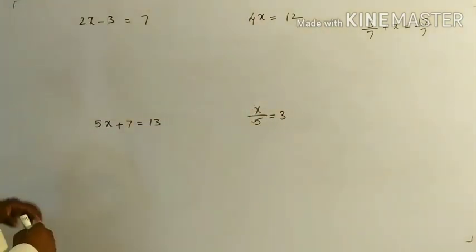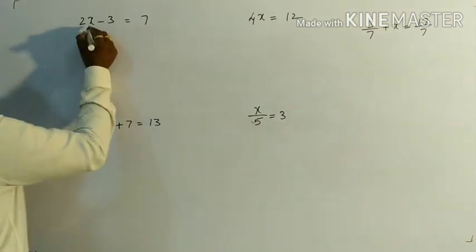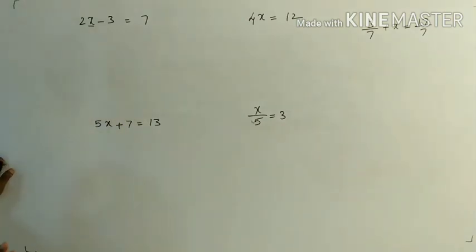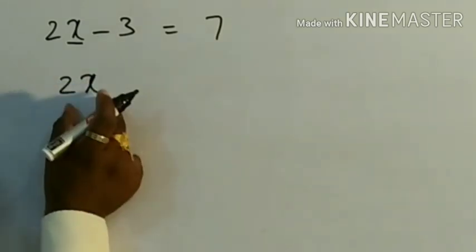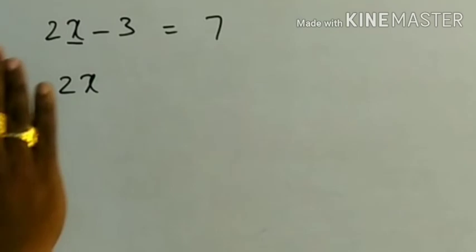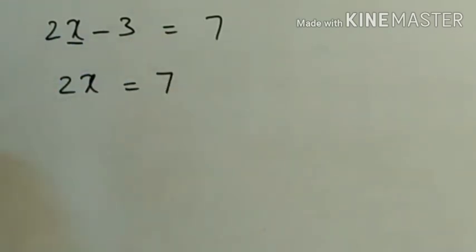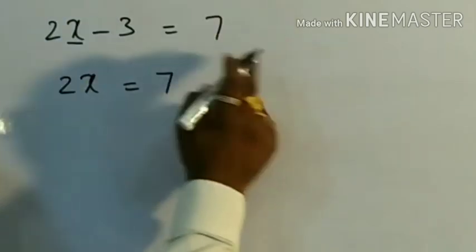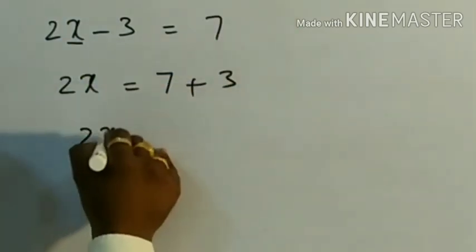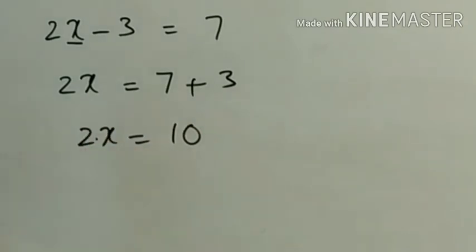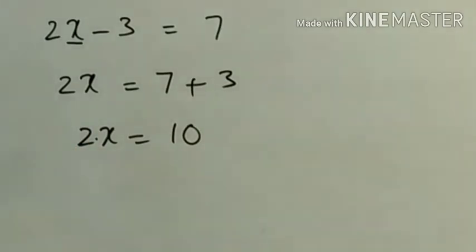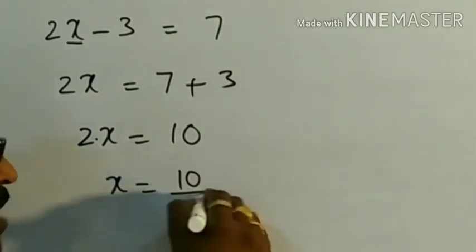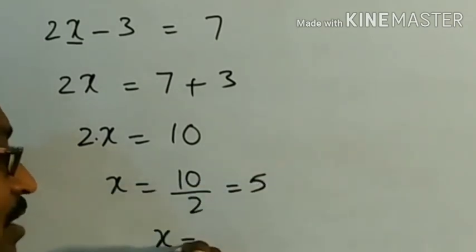Come on. Now, what is unknown here? The unknown is x. What is the value of x? That means 2x. I want the x value. I don't want other values. Transfer to the other hand side: is equal to 7 minus 3, transferred, plus 3. So 2x is equal to 10. Now I want x only. Here 2 into x, multiplication, transferred becomes division, 10 by 2, 5. So the x value is 5.